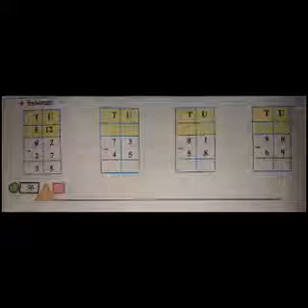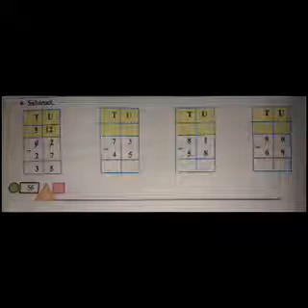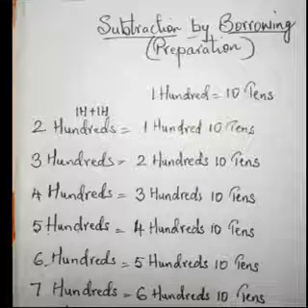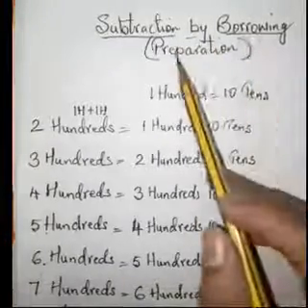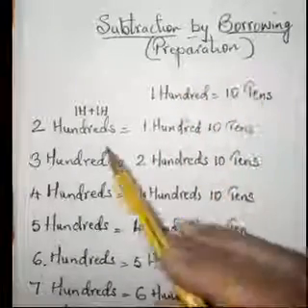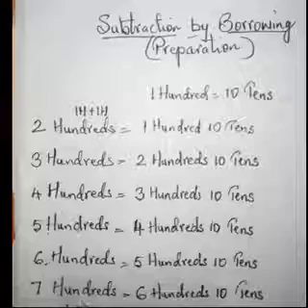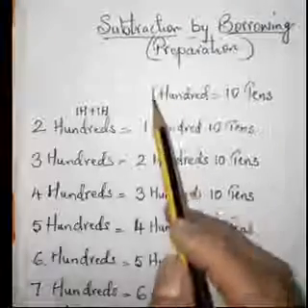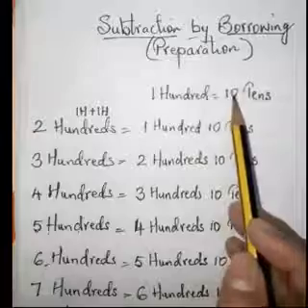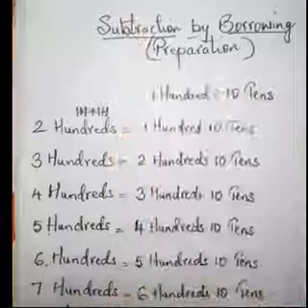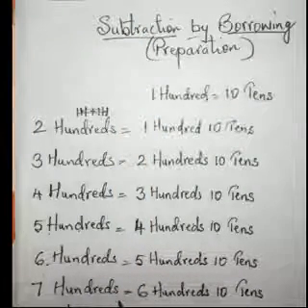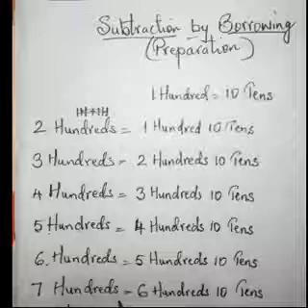Children, can you see these 4 sums on the screen? Those are sums which are on page number 56, and you have to do these sums in the textbook itself. Children, take a new page of your maths long book. Write up subtraction by borrowing in the bracket preparation and copy all this till here. First you'll write this also, 100 is equal to 10 tenths. Don't copy this. So this from here till here is to be done in the maths long book. Thank you.